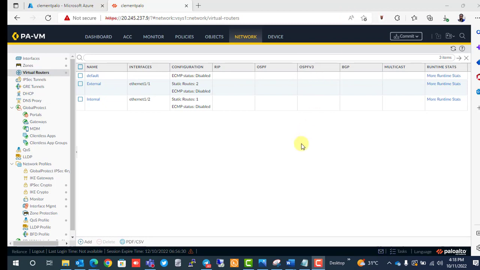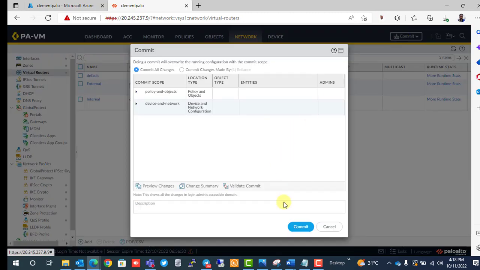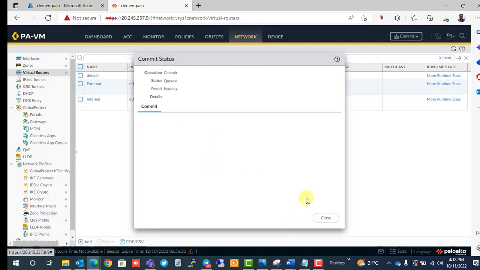One very important thing that you must know in Palo Alto firewall is you have to commit, and that is a means of saving all that you have configured. So before we go to create the policy that will allow us to access the internet, let's go to commit the configuration we have made. So we're going to commit all changes, the one we did at the policy, the one we did at this level, everything we want to commit. So we're going to wait for that to get committed so we can proceed